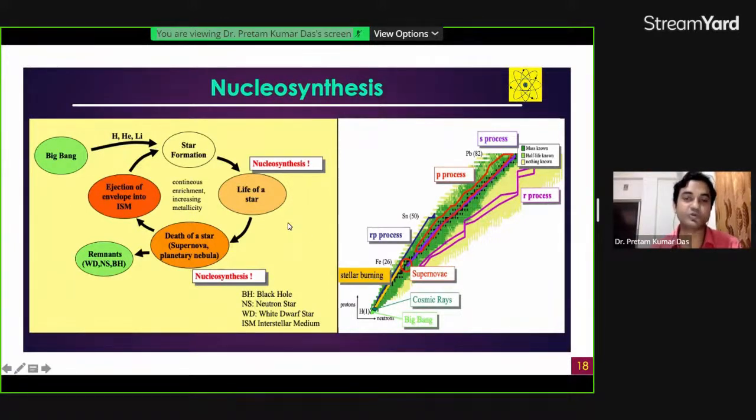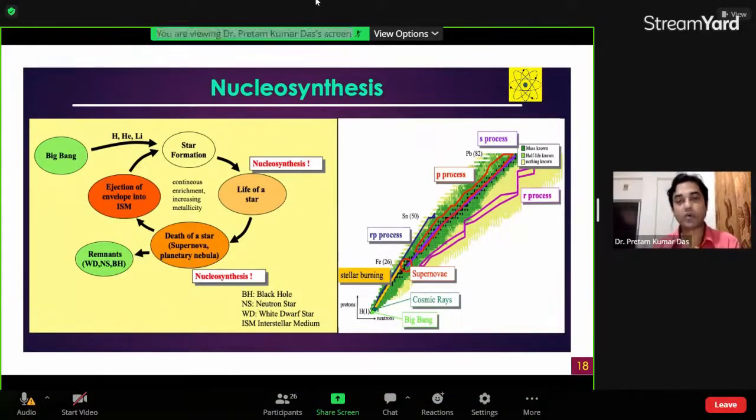And as we know, a star has a formation and there is an end point of a star. So you can see the fate of the star. It could be a black hole, neutron star, white dwarf, or supernova explosion. Inside this star, using that burning process, we can get elements up to iron-56. Later, when we see the binding energy per nucleon curve, we can explain